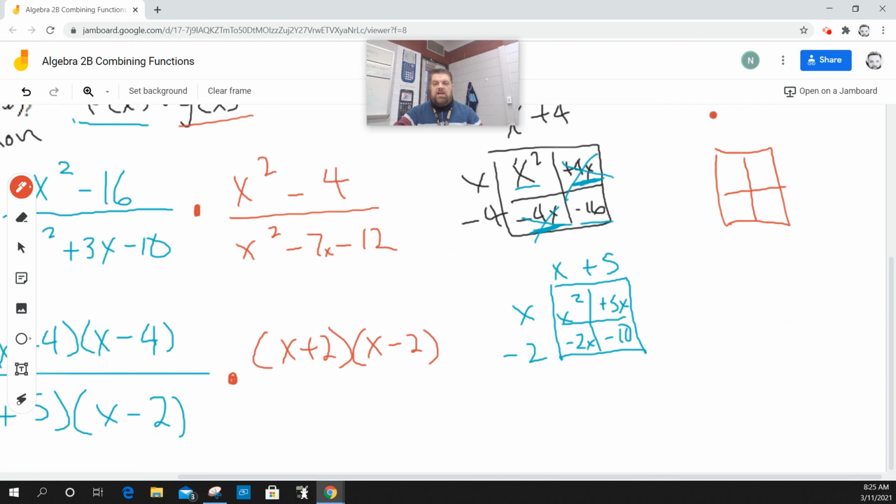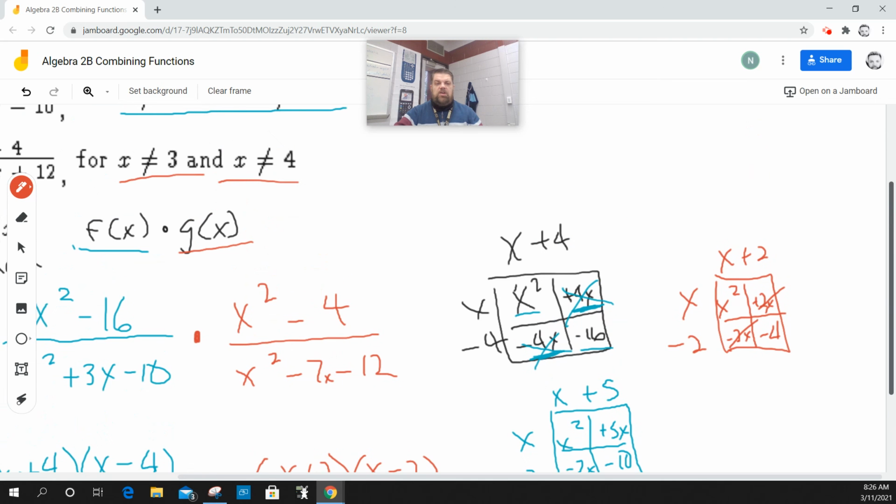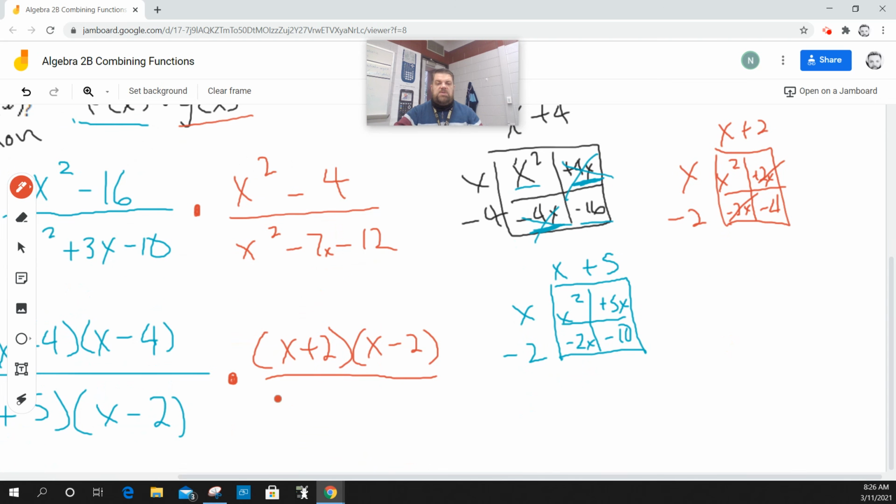If I multiply that out, x plus 2 times x minus 2, I get x squared plus 2x minus 2x. These cancel, and then I get negative 4. Now, for that one, we're told that it can't equal 3 and it can't equal 4, which lets me know that it's going to be x minus 3 times the quantity x minus 4. We could double check that real quick too